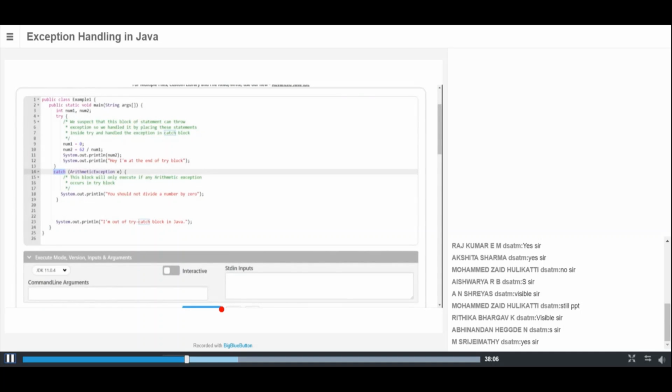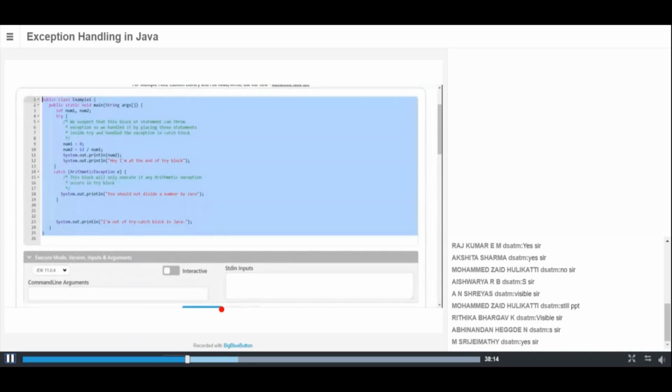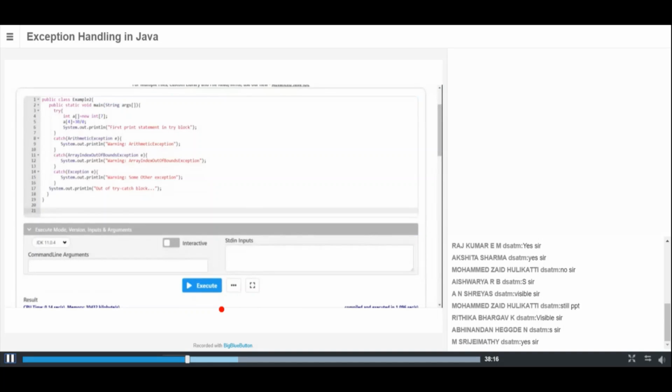Let us take one more example. Here I have one try statement and multiple catch blocks. One is with respect to divide by zero, one is with respect to out of bound exception, and one is with respect to a generic exception.